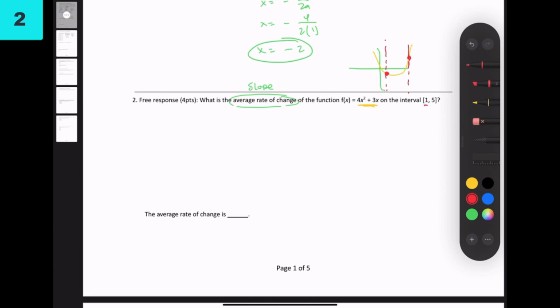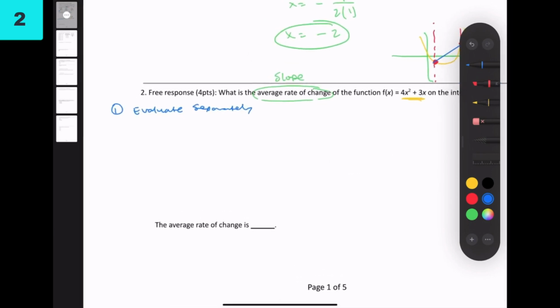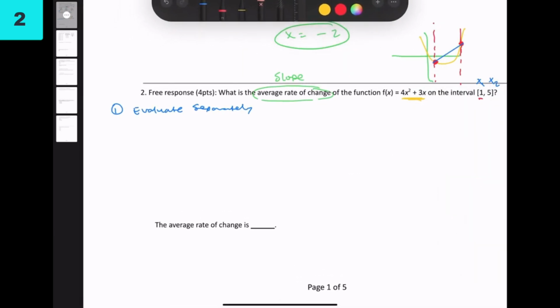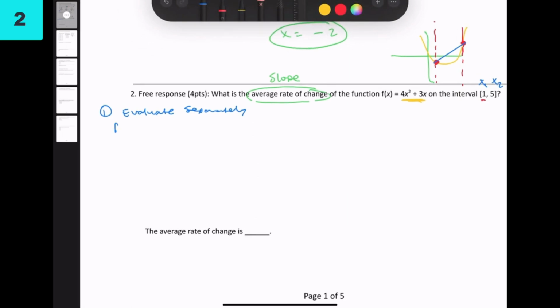Basically, you're finding the slope of the blue line. So you can evaluate separately, which basically means this is your x1, this is your x2. It's not an ordered pair, it's an interval. So f of x1 value